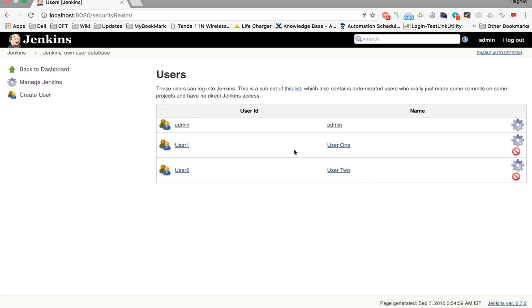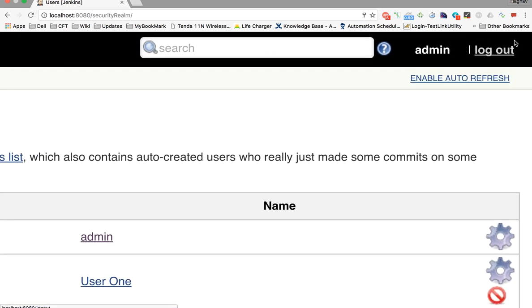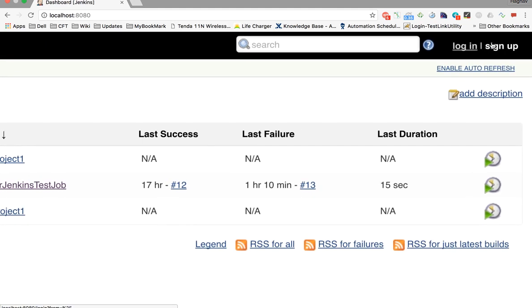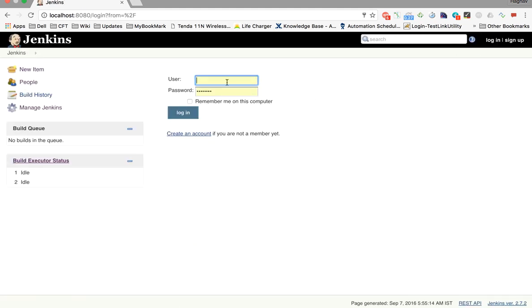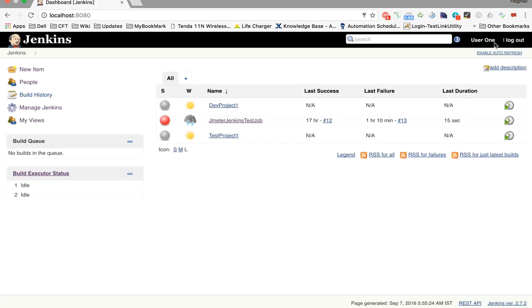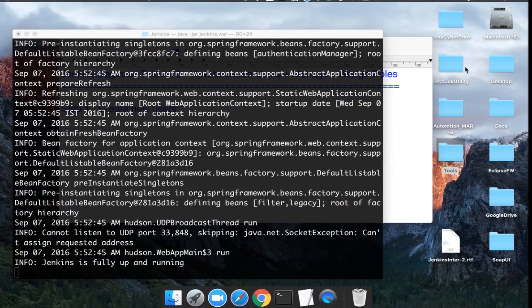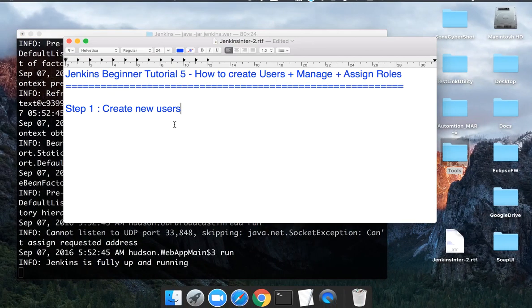Okay, let us try to log in with any of these users. So I'm logging out of the admin. Okay, I'll click on login, and now let me log in with user1. I will give the password and say login. Yes, now I can log in with user1. Okay, so this is how we can create new users, and now step 2 is